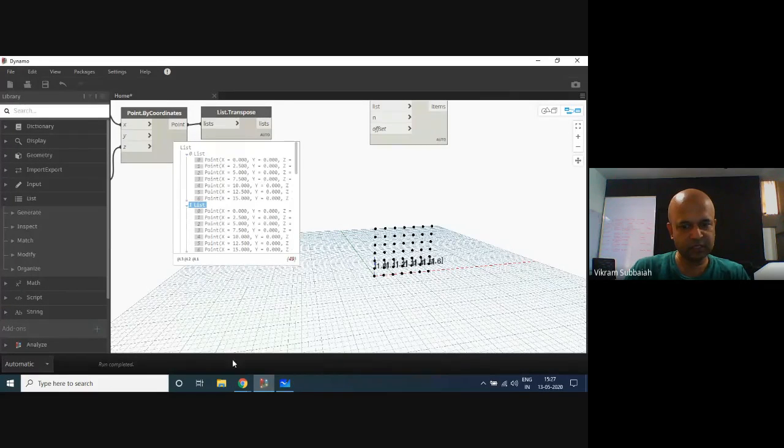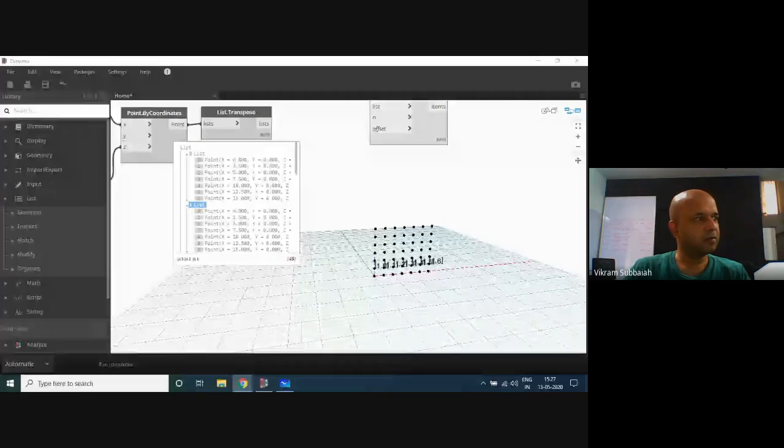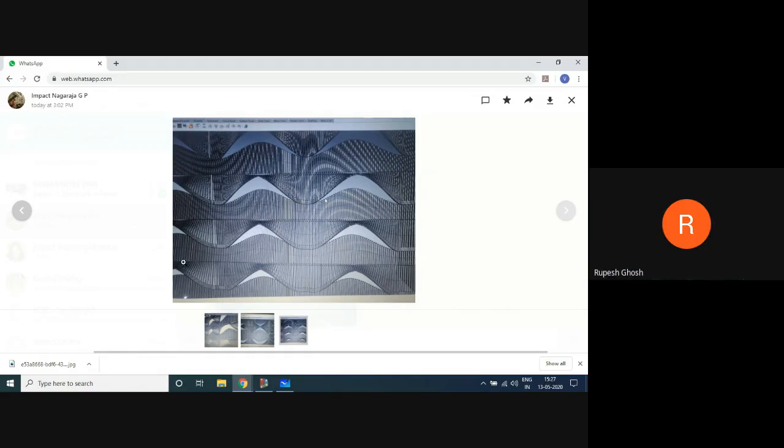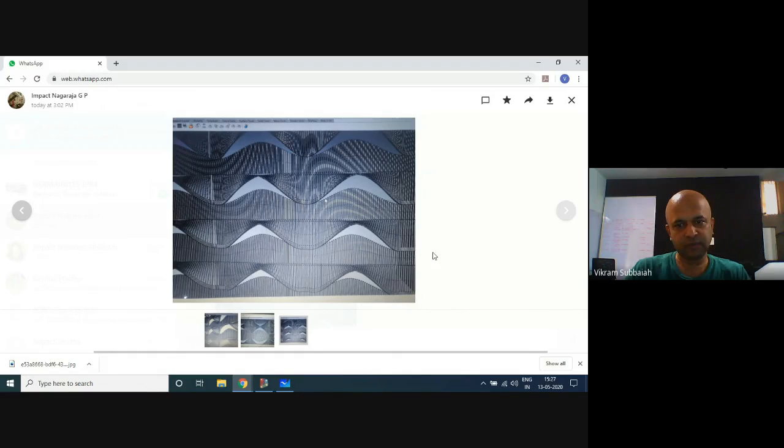But if we're going to do what Rupesh had in his design, which was something like this, we've got one curve here, and where's the next curve? This is the next row of points, right? But it's skipping this row of points and going to this. So we need to take every alternate curve for now. Got it?